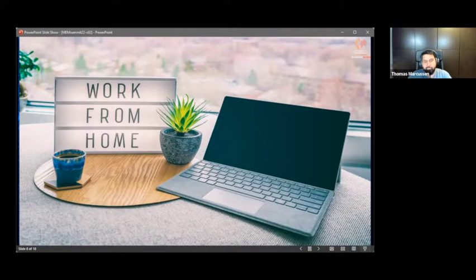Over the last few years, we've seen a shift in how we work, and work from anywhere has become the new normal. We need to be able to support and evolve around that and provide our users with a great experience while maintaining management and security. To secure your devices by keeping them up to date is one of the things that's become much easier to do with Windows Update for Business.